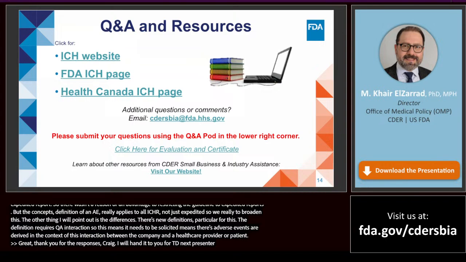It's important to note that having an intervention is really a hallmark of clinical trials. Obviously, non-interventional studies, or as a term called observational studies, do not have an intervention. And if you think of E6, it's really an outline of how to manage the risks, but also how to manage and ensure the quality of the data, the reliability of the results. In the context of having an intervention, that's very different than when you would not have an intervention. For observational studies, the risk profile in general is more focused on data privacy and confidentiality because of the lack of the intervention.